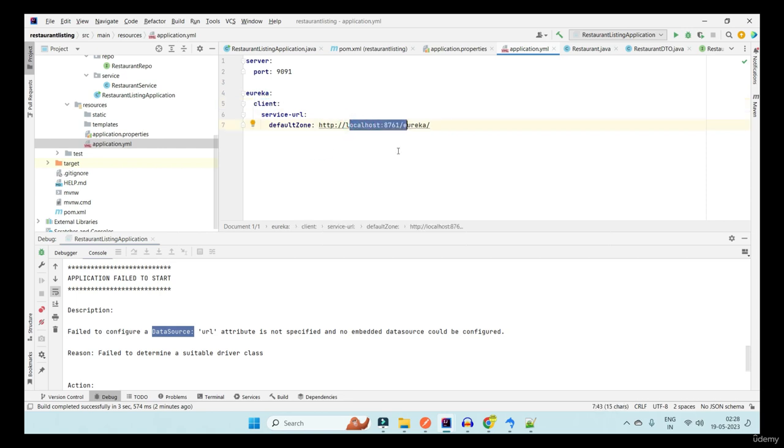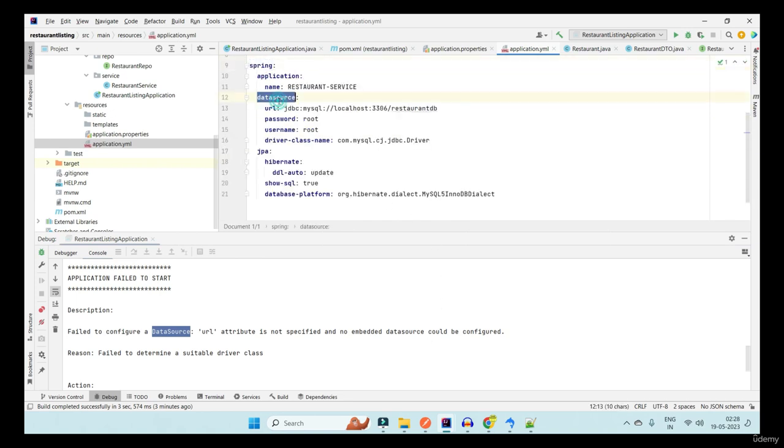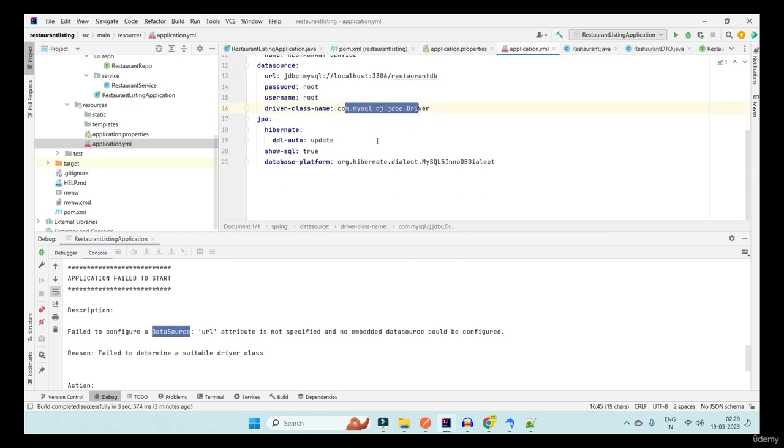Now before starting this application, we also need to remember to start our Eureka server. Otherwise, you will get the connection error. I now need to connect to my data source, that is the MySQL database. So for that, we have a few properties to make a connection to the data source. So Spring data source URL. I'm going to connect to my localhost MySQL server whose default port is 3306. And I'm going to name my database as restaurant.db. I'm going to put in my user ID, password, and my MySQL driver, which is going to be the driver for the MySQL